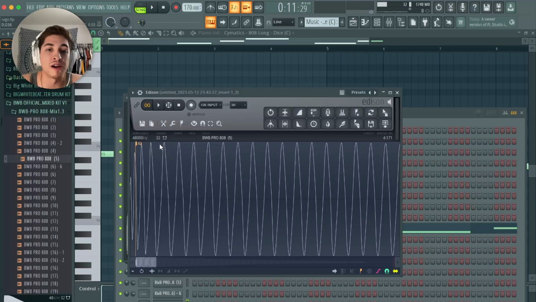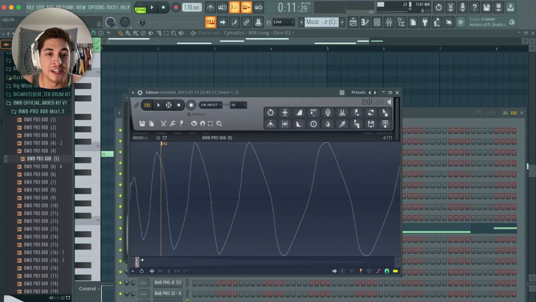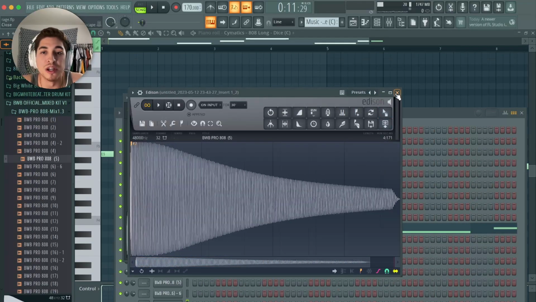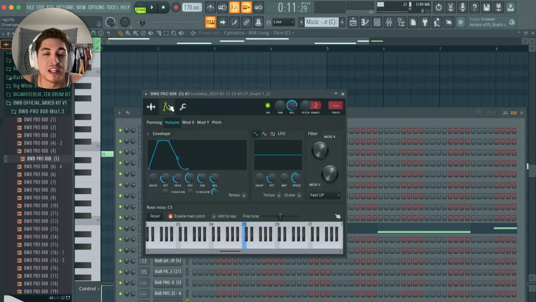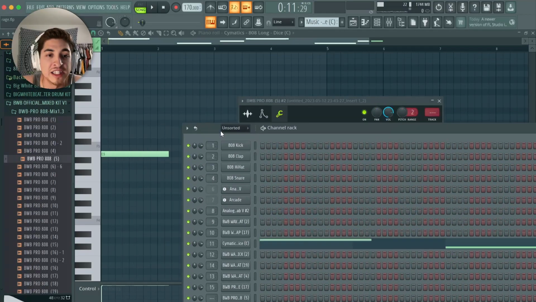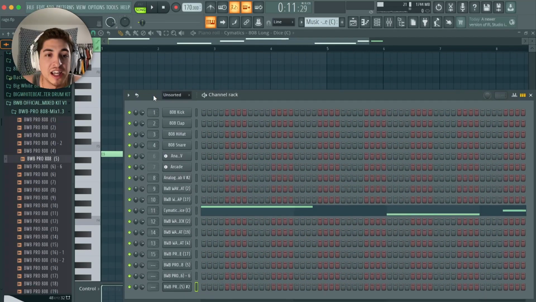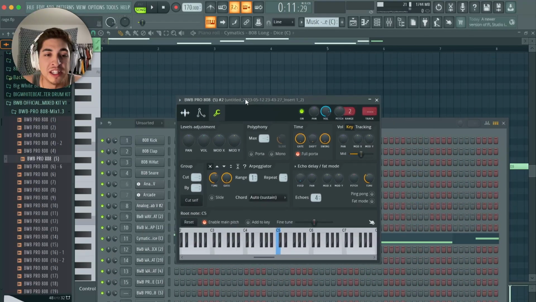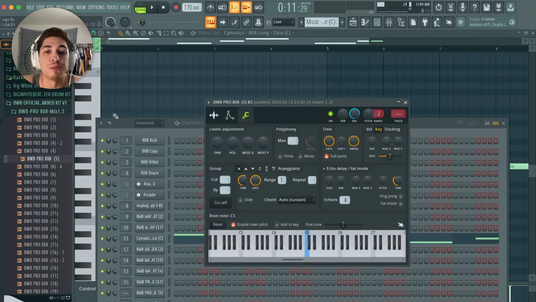So this wave file is tuned to the A note. It says A. So in order to make sure your note is playing the actual note that it says in the piano roll, like this says E, this says C, and the other one was D, it's actually going to be E, C, and D when you put it on the piano roll,